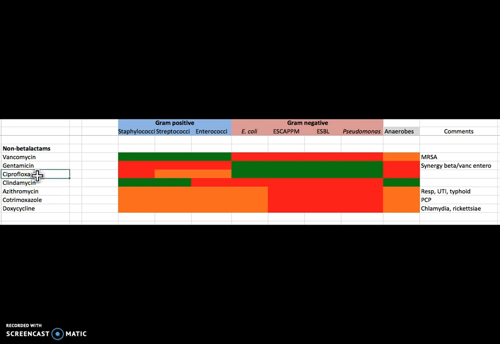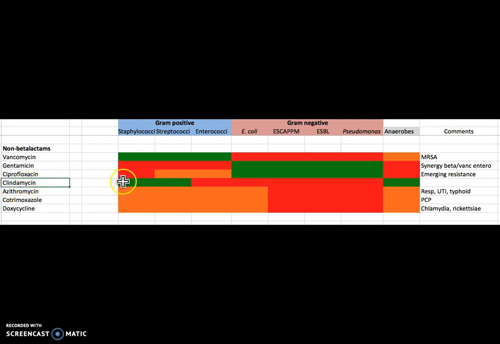So starting with ciprofloxacin, this is a very good anti-anaerobic agent and was the first oral and is the only oral antibiotic that has anti-pseudomonal cover. And so with infections with this organism, it's quite useful in the oral phase of the treatment. It's got very good coverage against the gram-negatives, including the more resistant ones. Unfortunately, with the widespread use of this drug, there's a lot of resistance emerging, and it's particularly overseas where many, if not most strains of E. coli, for example, are now resistant to this antibiotic.